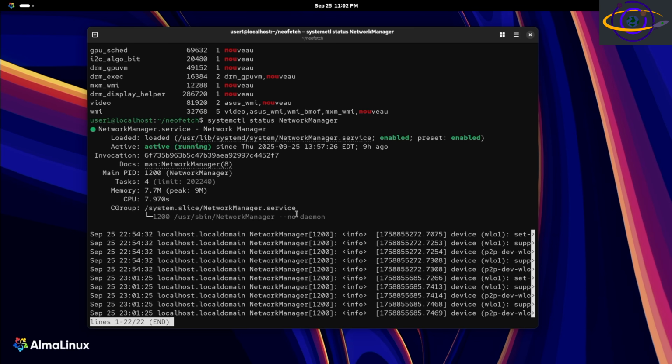I'd actually have to go check. I don't remember off the top of my head, but RHEL and Alma Linux, if you did a full headless install, may or may not be using systemd-networkd or Network Manager. I'm not sure, but in this case, Network Manager makes a lot of sense since I'm using a graphical system. Anyways,